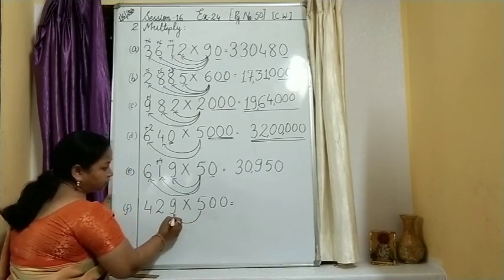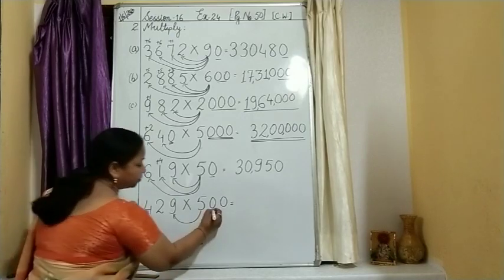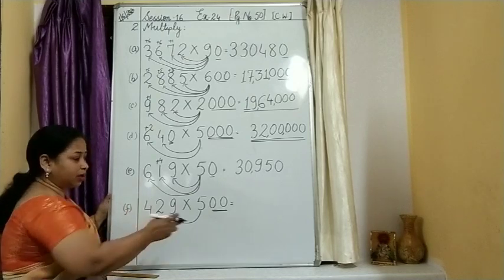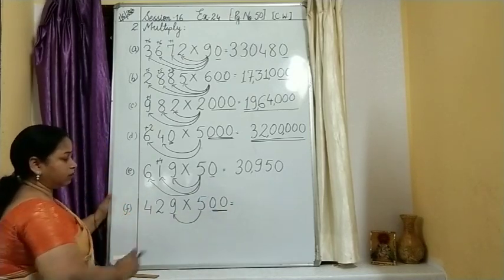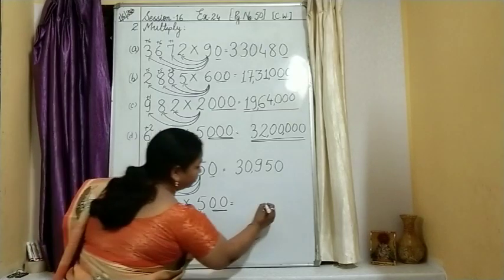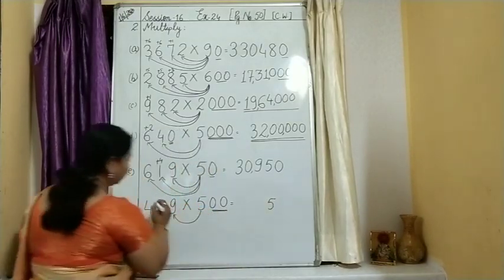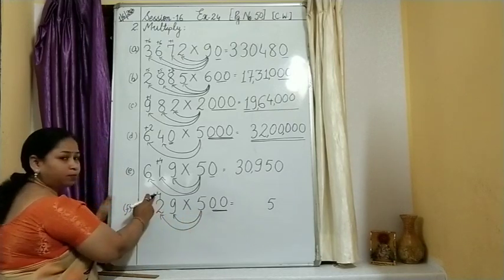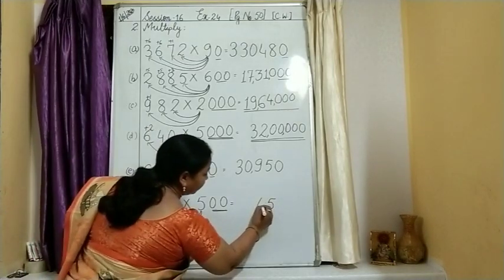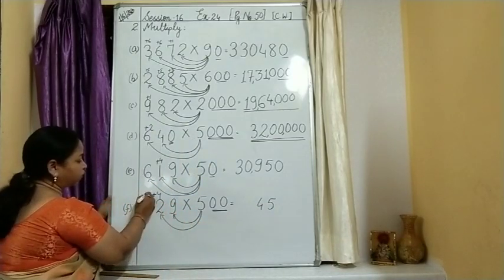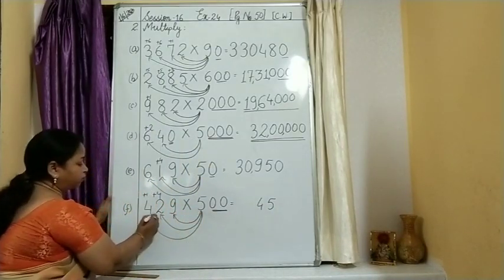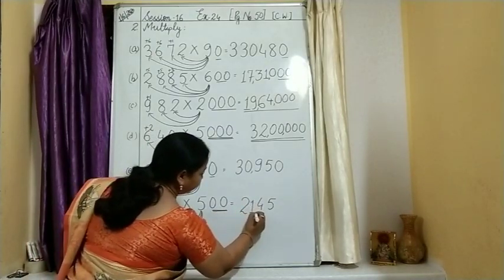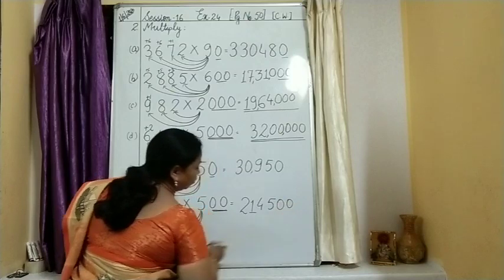5 nines are, what I have done? Let me underline this so that I'll remember that at the last I have to add these two zeros over there. 5 nines are 45. 5 over here, 4 carried. 5 twos are 10 plus 4, 14. I'll write 4 over here and carry 1 over here. 5 fours are 20 plus 1, 21, and then you are having 00 over here.